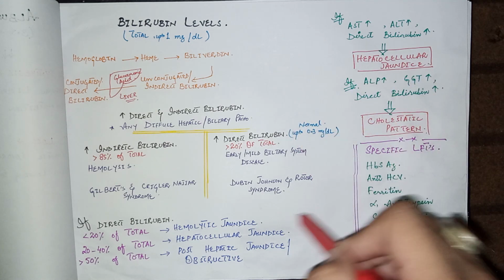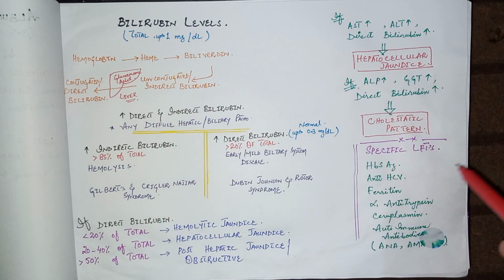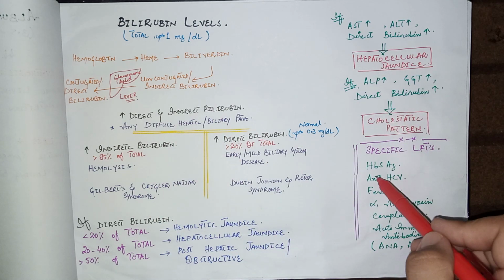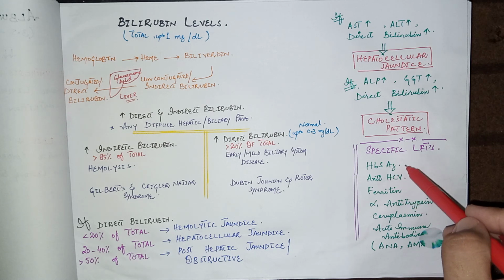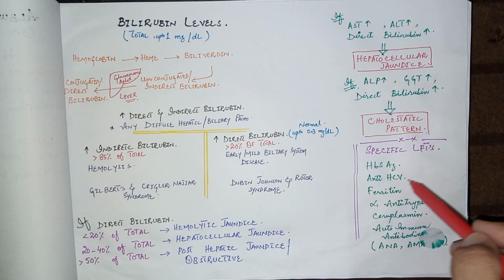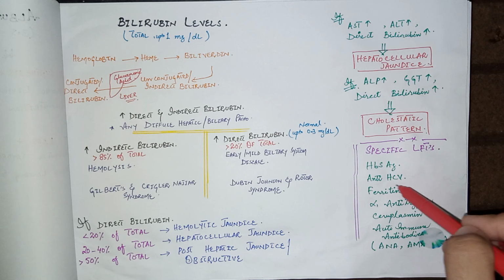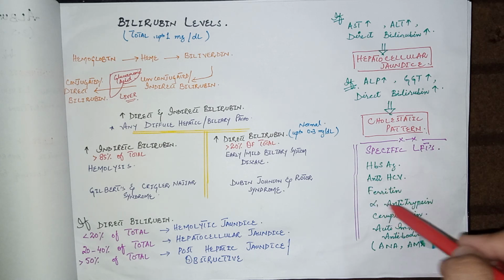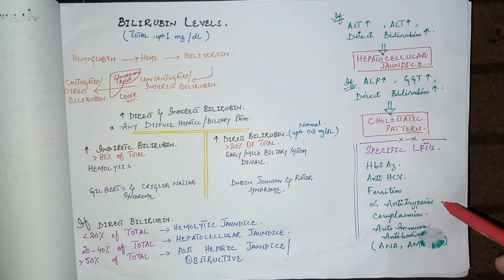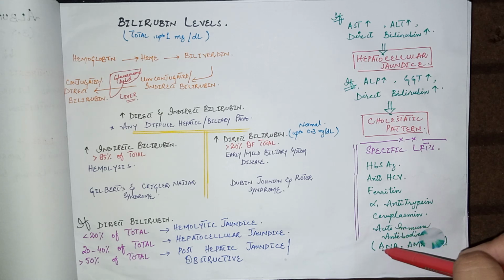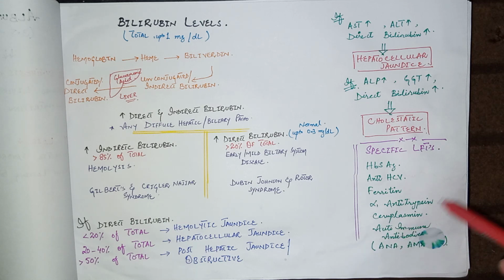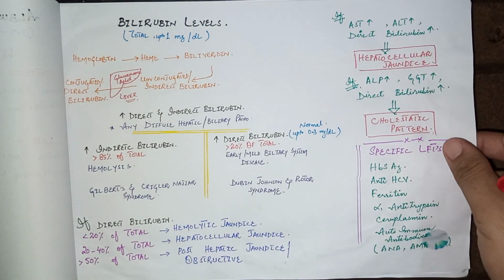Now if derangement in the liver function test is found, then the doctor prescribes some specific tests like HBsAg, which is a viral antigen test for hepatitis B, anti-HCV, which is an antibody test for hepatitis C virus, as well as ferritin levels for hemochromatosis, alpha-1 antitrypsin for alpha-1 antitrypsin deficiency, and ceruloplasmin levels for Wilson's disease, in which there is excessive deposition of copper in the liver, and some autoimmune antibodies like anti-nuclear antibody and anti-mitochondrial antibodies for autoimmune hepatitis. So this was all about the liver function test.